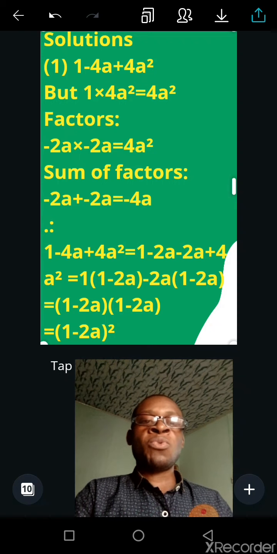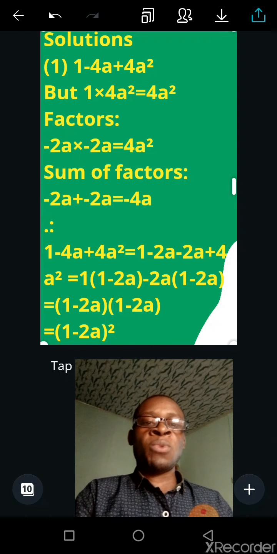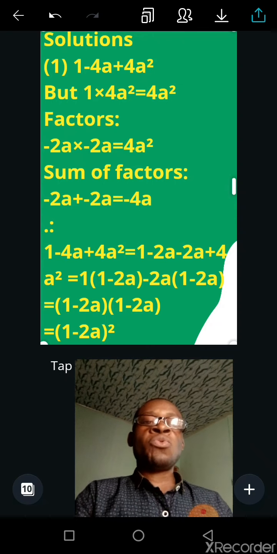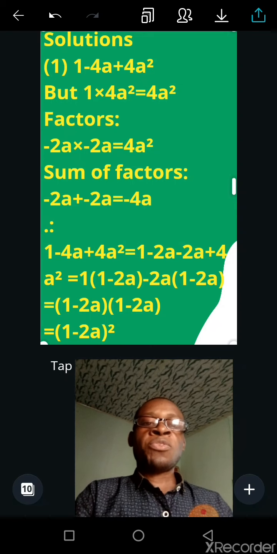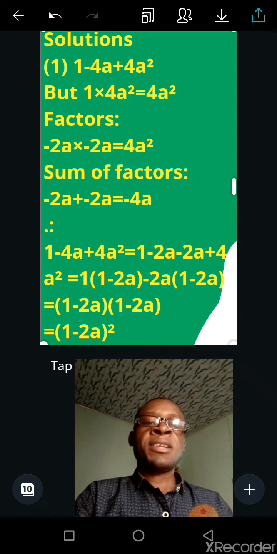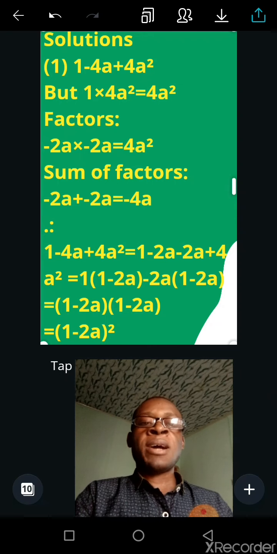That's 2 minus 2a plus 4a squared. The HCF there is minus 2a. We divide minus 2a by minus 2a, we have 1. The minus divide plus, we have minus. 2a divide 4a squared, we have 2a. We close the bracket. Then, having seen that what we can see in the 2 brackets are the same,